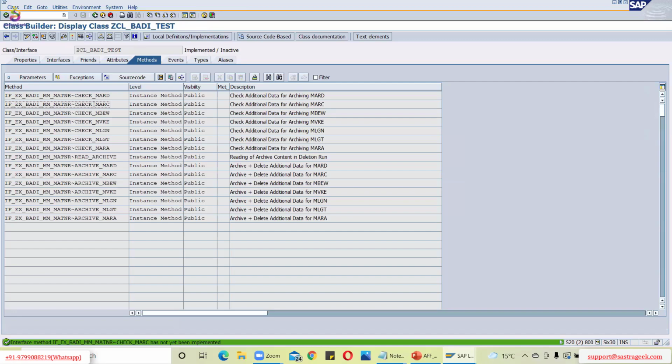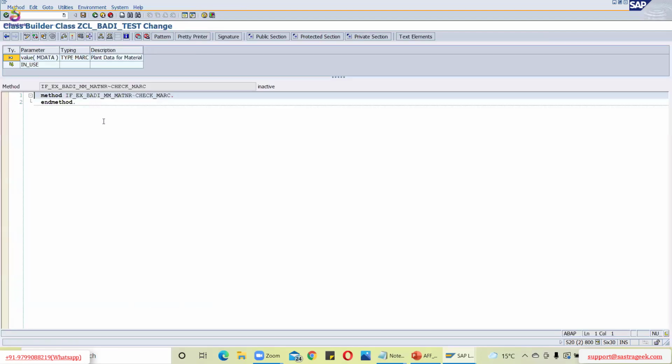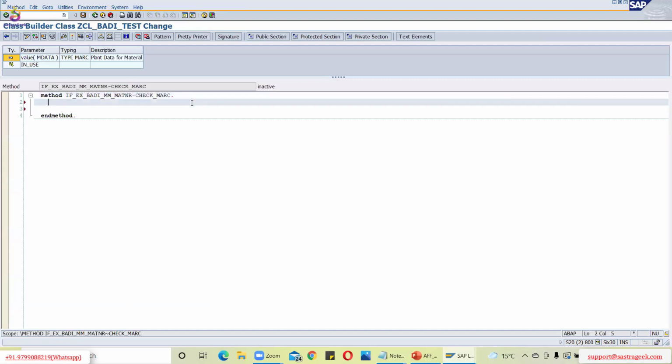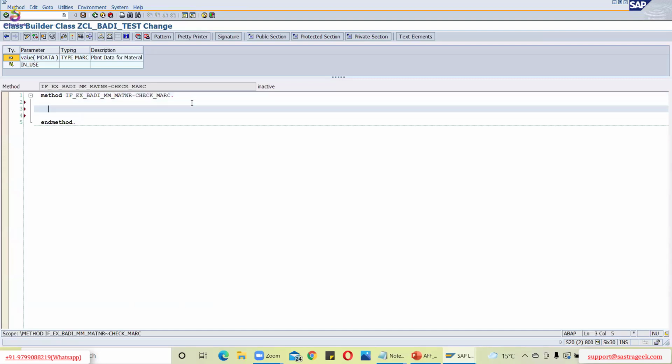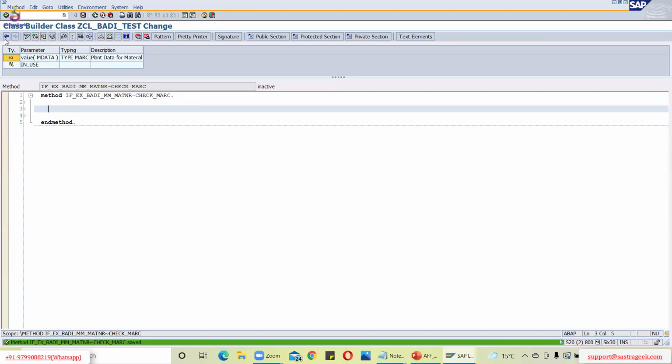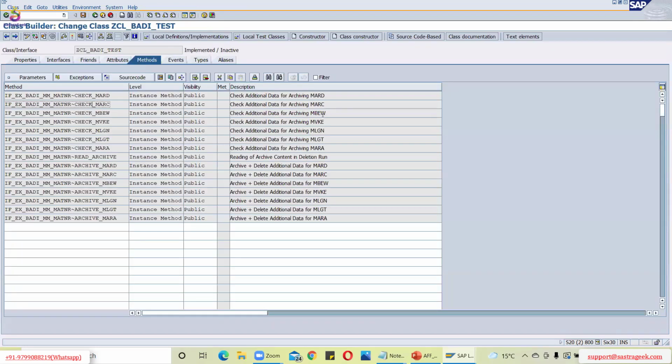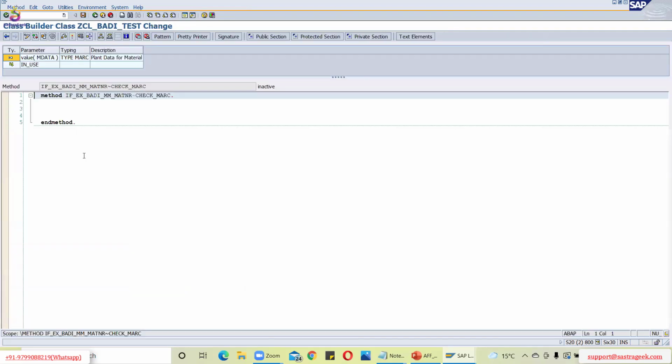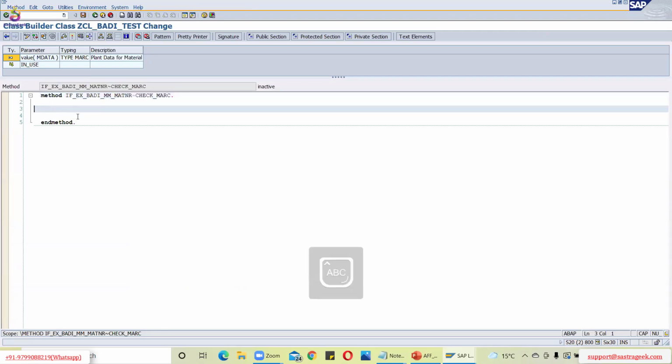So for example, for plant, if I want to perform some validation, you can double click over here, go into the change mode and double click over here. It will open this, and here you can perform the Marcy related validation, right? So let's see the description. Check additional data for Marcy. Some additional data for plant, if it is there, maybe we can check it over here, right? We need to do some research, right? So I'm just writing over here,